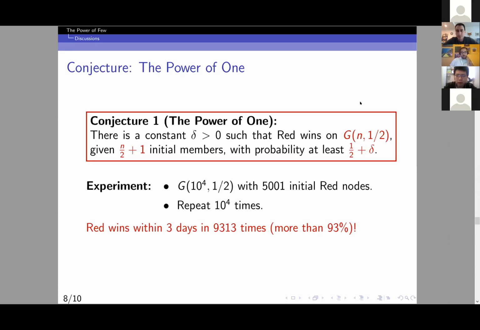Cool, thank you. What about the variant where you draw the graph first and then you can pick the initial members that have the opinion? Is it clear that n over 2 cannot be beaten? I mean,